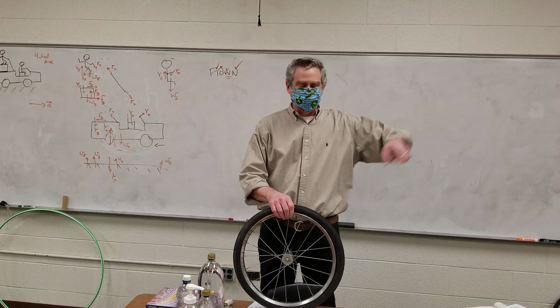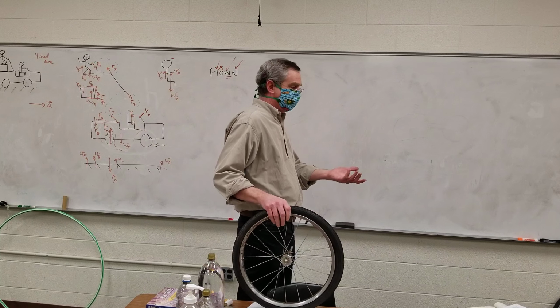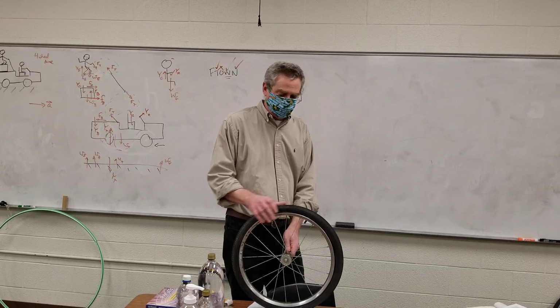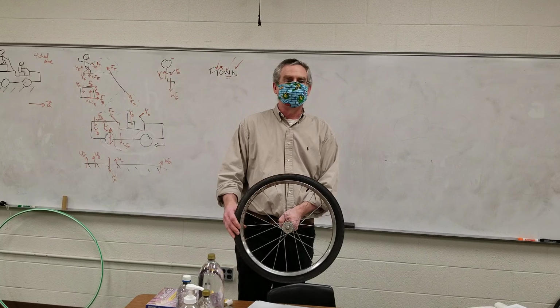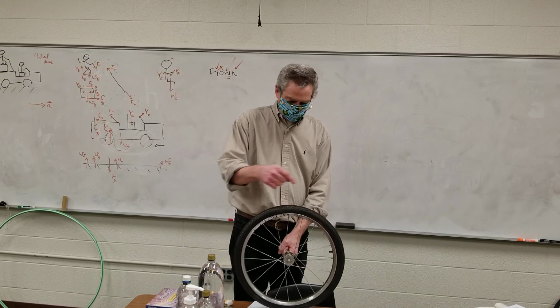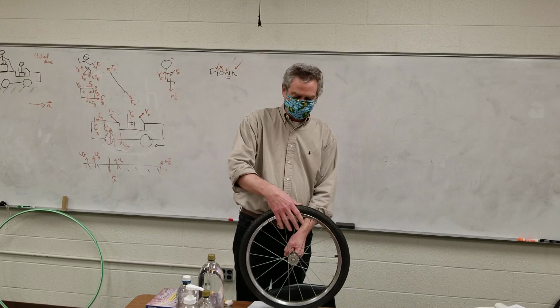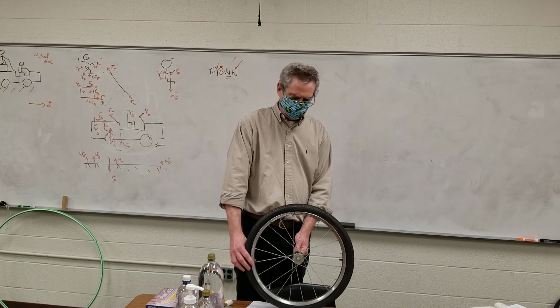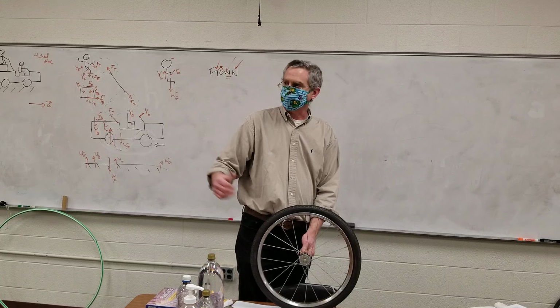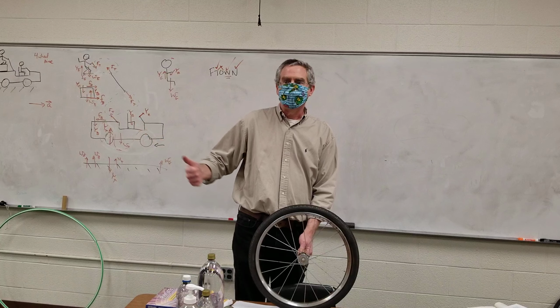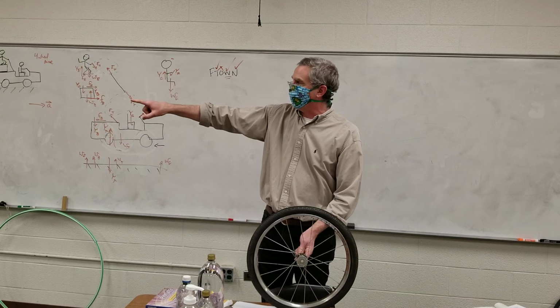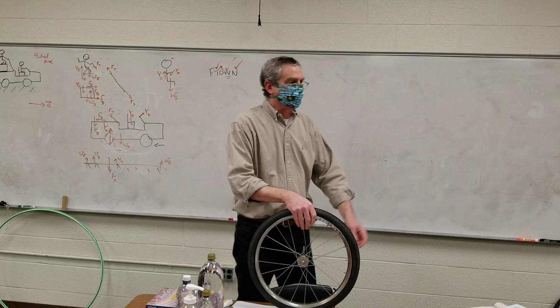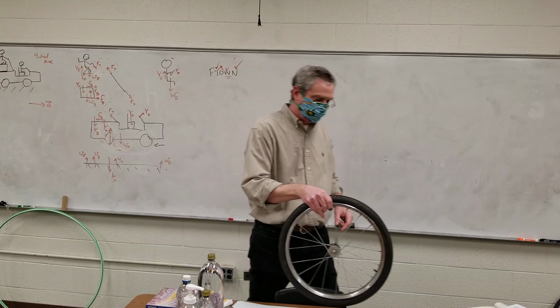If I want to go in this direction, so this is the wheel and I'm heading this way, which way will the wheel turn? That way. Think about the friction between this tire and the paper. As I turn the wheel in that direction, the paper is getting pushed that way. The friction on the ground is that way. Therefore, the friction on the tire is that way.